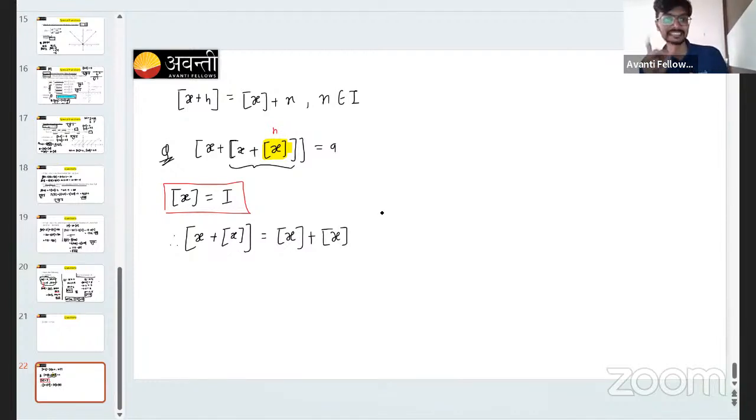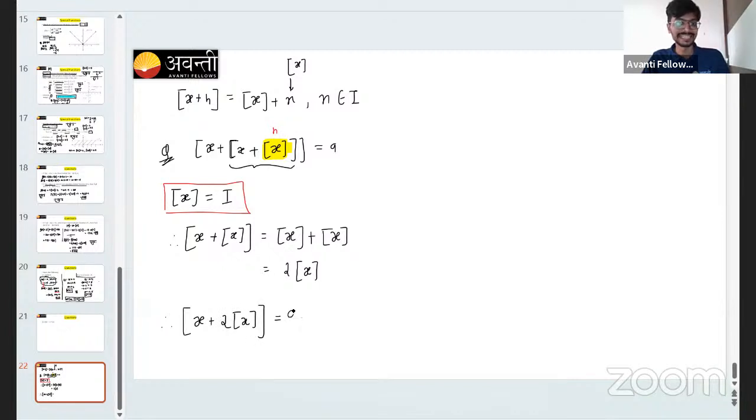Please understand this. खाली n की जगह पे स्टेप ऑफ x आ गया है. The formula is the same. खाली n की जगह पे कौन आ गया है? Step of x. And we know step of x plus step of x is 2 step of x. अरे एक ही चीज को 2 बार ऐड करूंगा तो ट्वाइस हो जाएगा. So now my question will become step of x plus 2 step of x